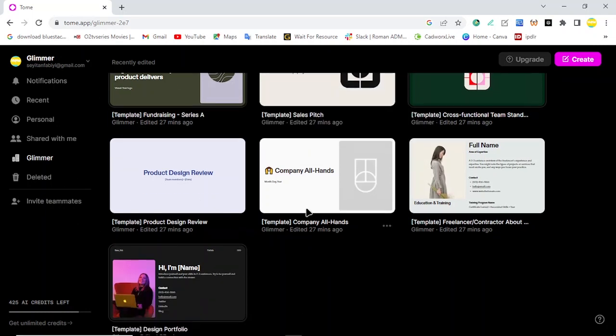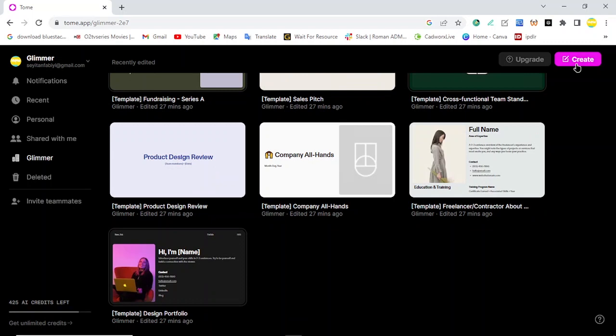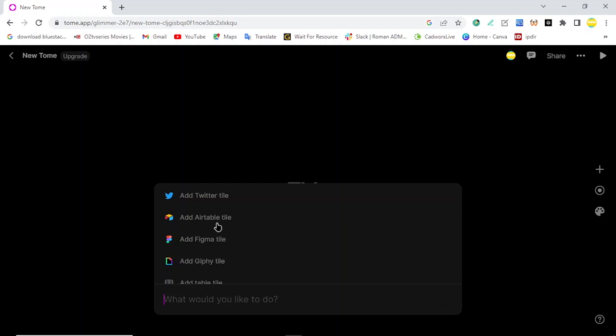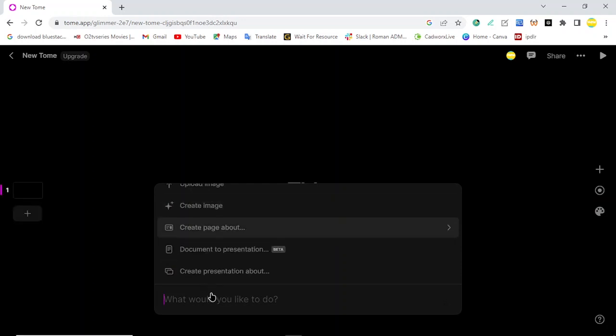So I can tell it to create something. Let it load up. It's adding all these things. I can tell it that I want it to create a storybook on honesty, or financial management.